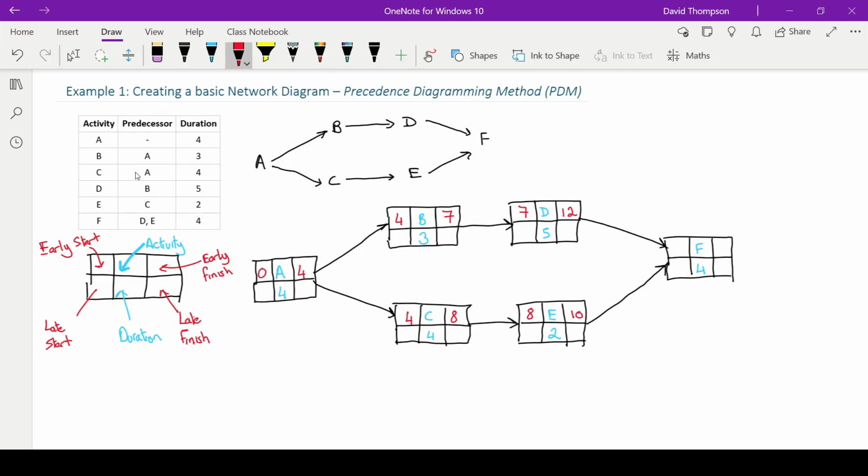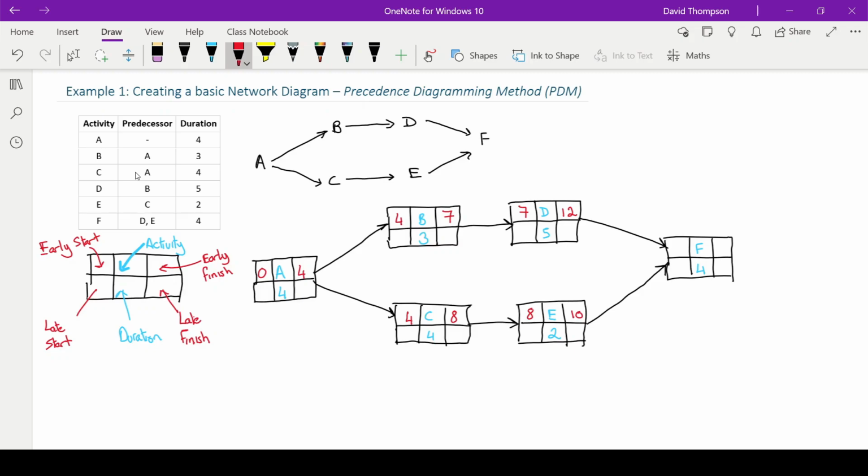So now we actually have two choices. Well, we don't really have two choices, but we'll explain it now. We have 12 and 10 here. Which one of these do you think we have to carry over? So if you think about this logically, this is going to be the earliest start time. So if activity E is going to be finished on day 10, and we say activity F is going to start on day 10,